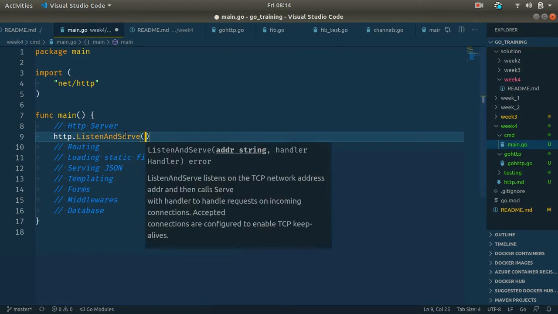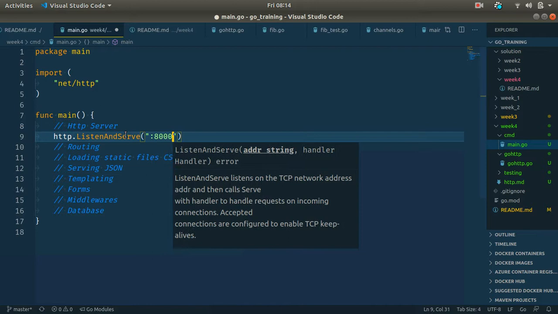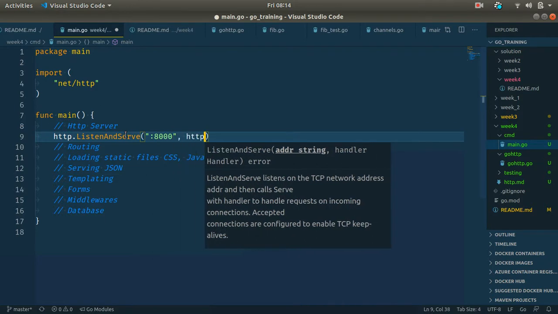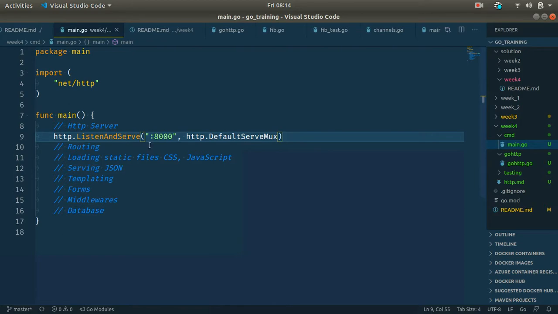So we have the ListenAndServe function. We're going to pass in a port, say port 8000, and for a start, let's use the default ServeMux. What this means is we're asking Go to create an HTTP server that is going to be listening for requests on port 8000, and we're asking it to use the default serve multiplexer, which basically takes care of routing and stuff. We could actually replace this with nil, which will prompt Go to use